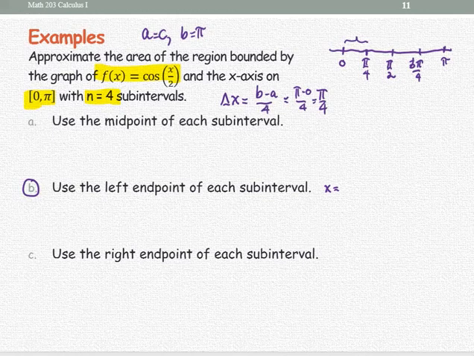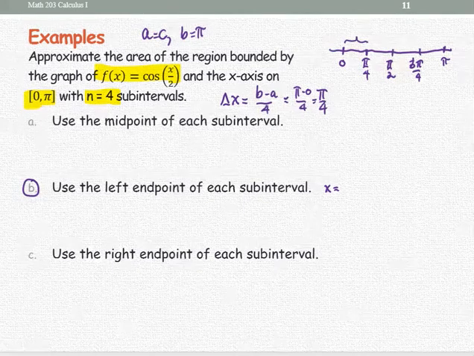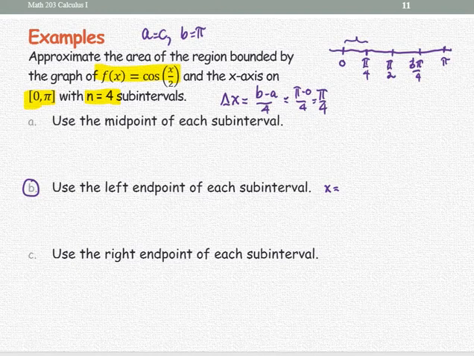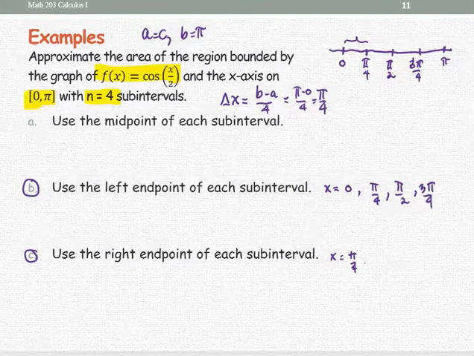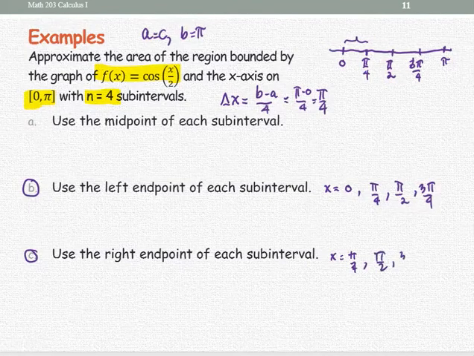Okay, Jeff, are you going to say something? Okay, the left of the interval is 0, and the right of the first is pi over 4. Thank you. So you can do B and C at the same time. The first left is 0 and the first right is pi over 4. Then the second left endpoint is pi over 4, and the next are pi over 2 and 3 pi over 4. The set of right endpoints is pi over 4, pi over 2, 3 pi over